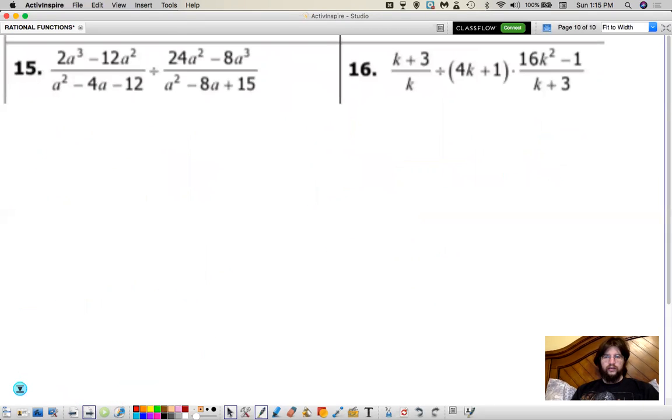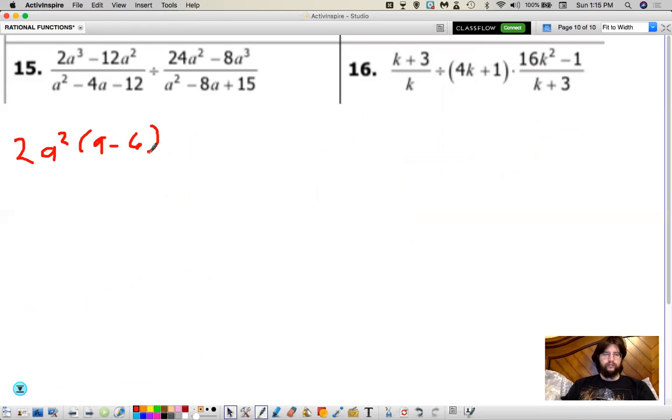Let's do a couple more and then call it a day. So again, we're dividing, reciprocate, and multiply. And to save some space, I'm going to factor while I do that. 2a squared times a minus 6. That's, let's see, 4. That's 6 and 2. Okay, so a minus 6, a plus 2, or use the AC shortcut,